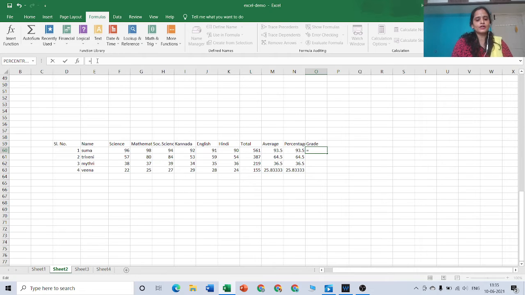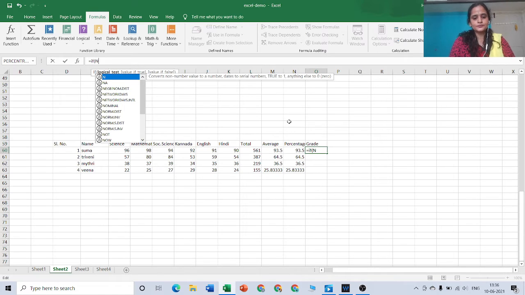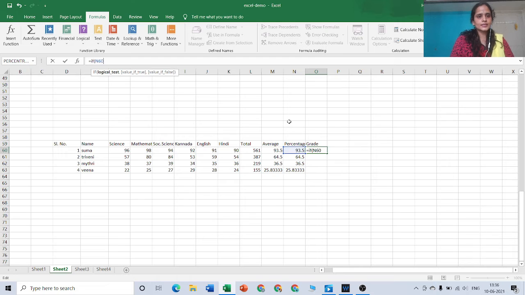The condition will be given by typing the word IF. After that we have to open the bracket and type the cell address of the percentage. If I want to give a grade for Suma, her percentage is 93.5 and the cell address is N60. The cell address of the percentage of Suma is N60. If N60 is greater than or equal to